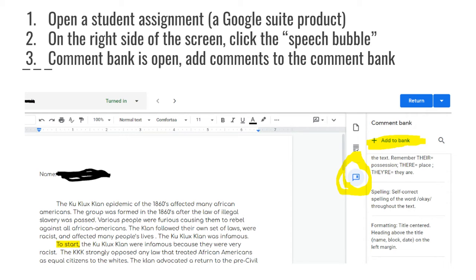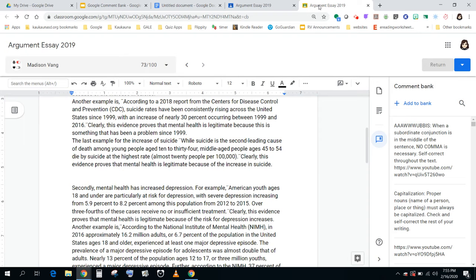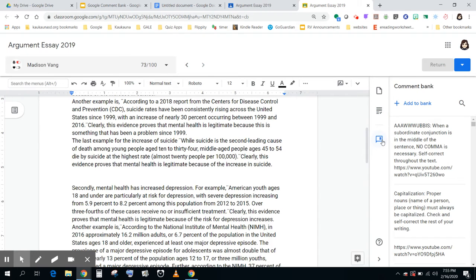Step three, once the comment bank is opened, add comments to the comment bank that can be used immediately or they'll be saved and you can use them in the future. So let me give you an example. I have student work from a previous school year, and something that I noticed in the student work is numerous students were having trouble with the word your,